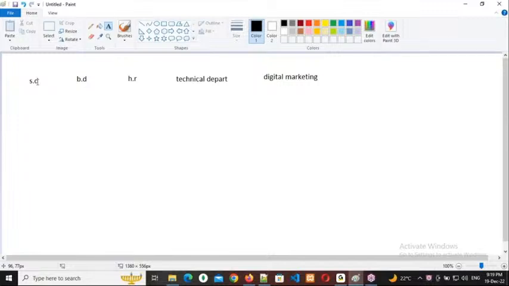My email is this. My phone number is this. And I want to develop an application. This type of application I want. Like that, he will send an inquiry. So then the sales department person will take care of it and get the details. Then after that they will call the